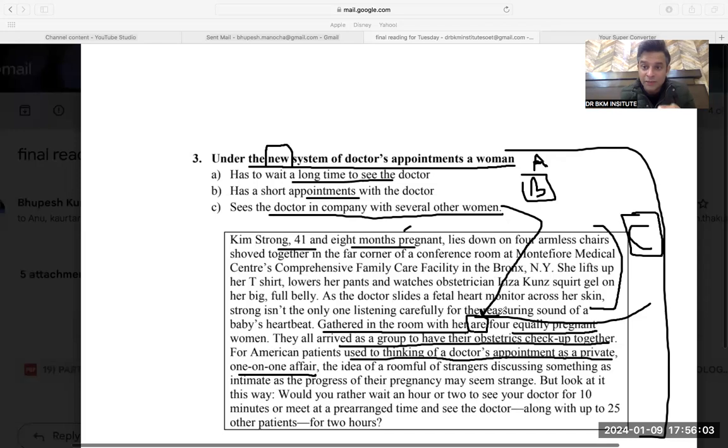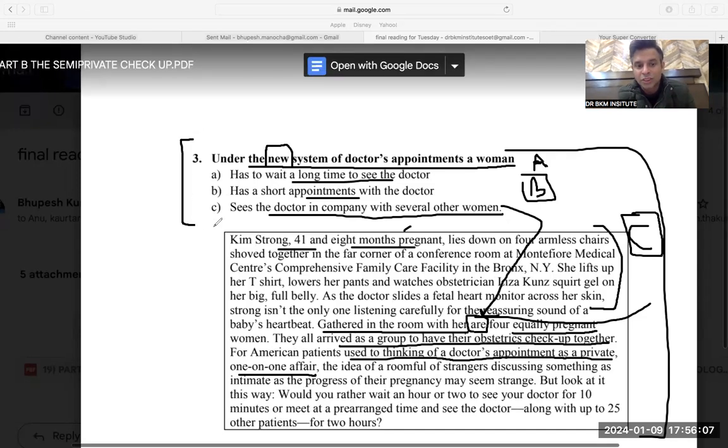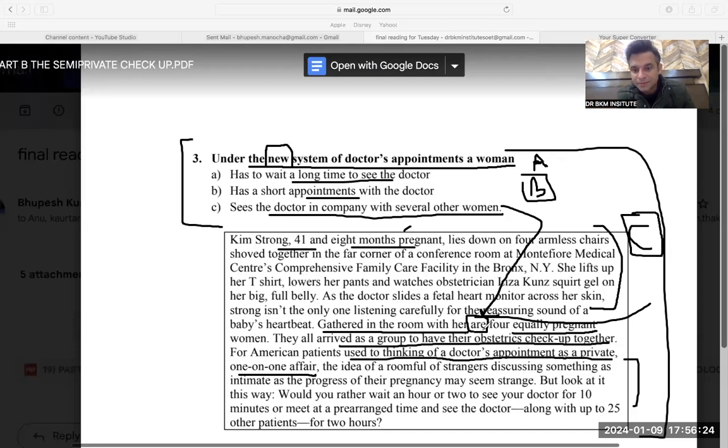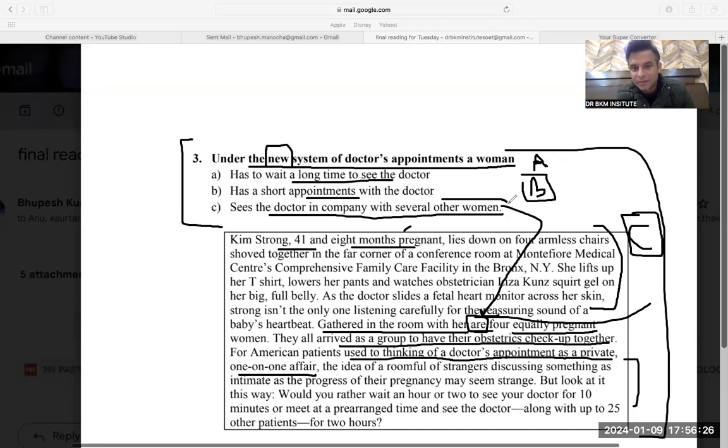So this was a difficult question. In the final exam, you could have done this question later on. If you are not very good at grammar, then you could have done it later because the word new was not given in this. That's why it was a difficult question. That is where you save your time and energy. If your reading is very good, if you understand the grammar, that new means are, and then you find several other women, at least a few keywords were matching.